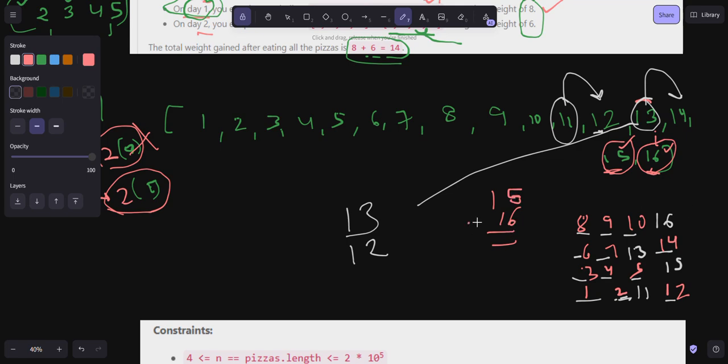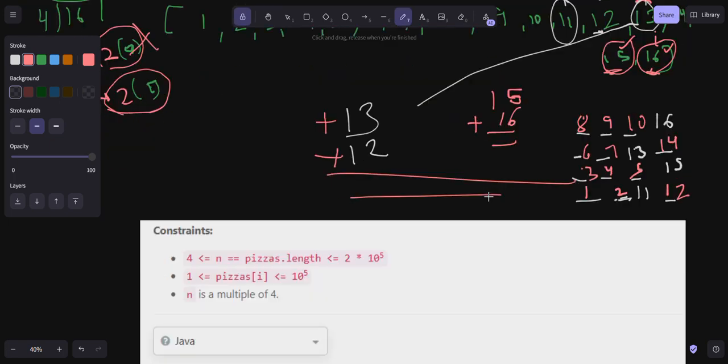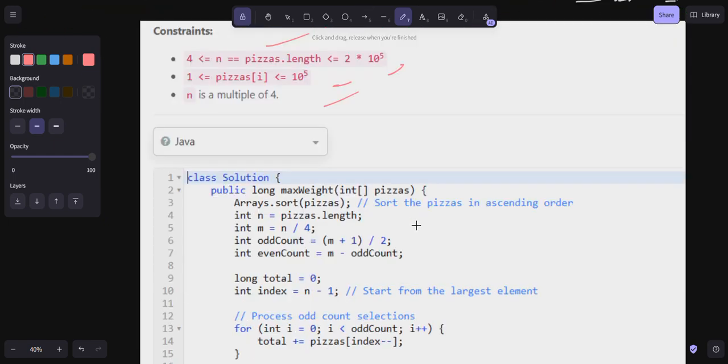So 15 plus 16 plus 13 plus 12. Just calculate this, this is going to be my output. Clear? Now let's write the code for this one. Let's see the code. So these constants are very large, right? So now here